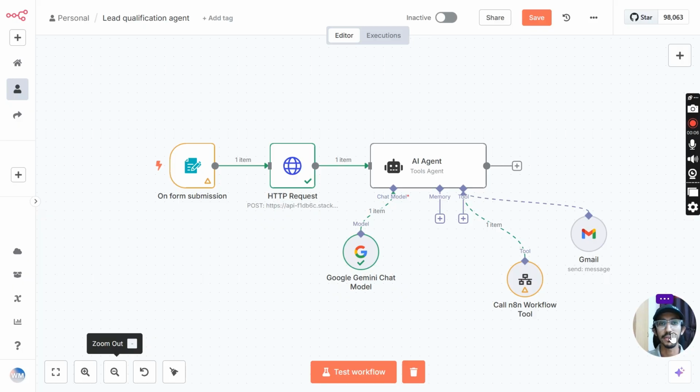Now we are going to conduct 2 tests. First one, I'll provide a valid lead which will be qualified and which will be based on academic research, and as expected, our agent should work like this. It will take the input, then it will qualify it, then send it to the second workflow, and the second workflow will deal with the rest, because it will classify it and send it to the salesperson who is actually expert in pursuing